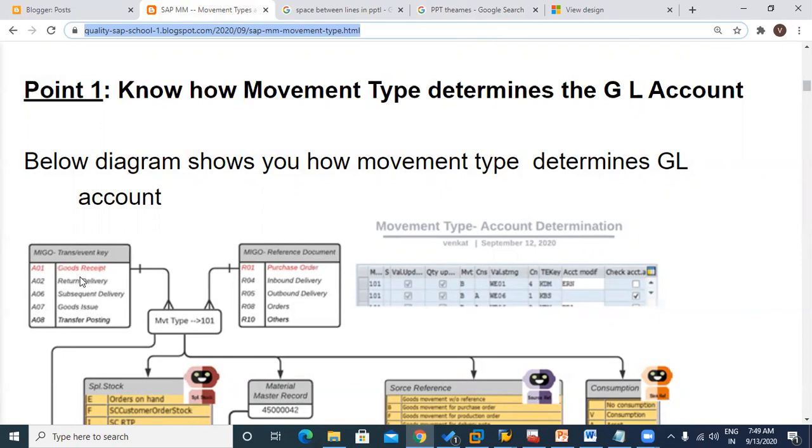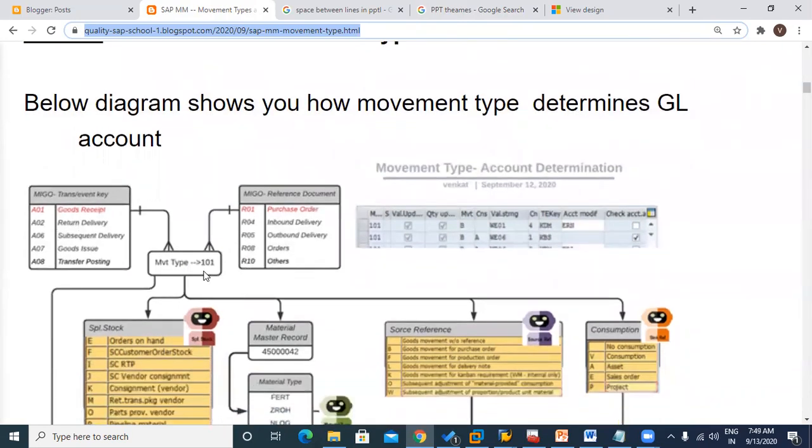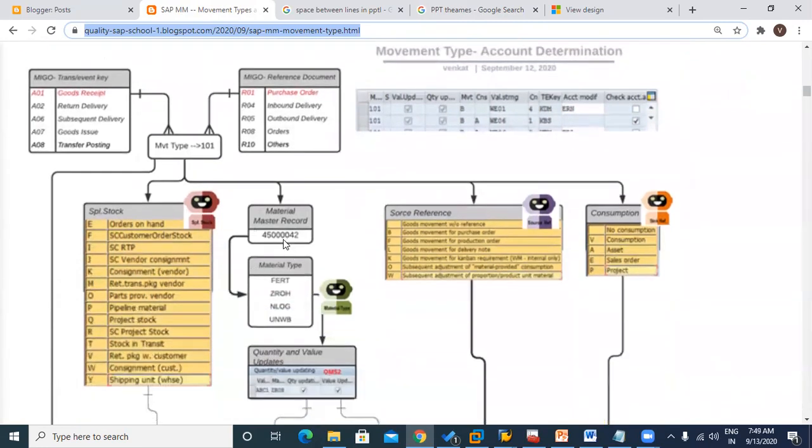The combinations become hundreds, so I cannot explain all of them, but you have to interpret from one or two examples, and with that you can understand the others. I've considered the 101 movement type, and this is the material type I have used.